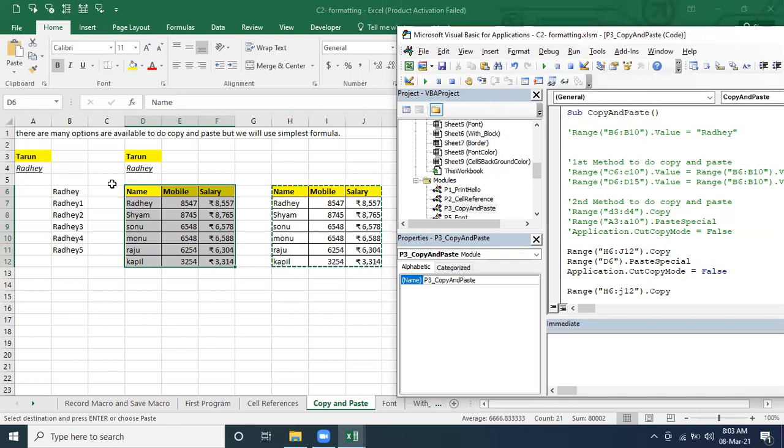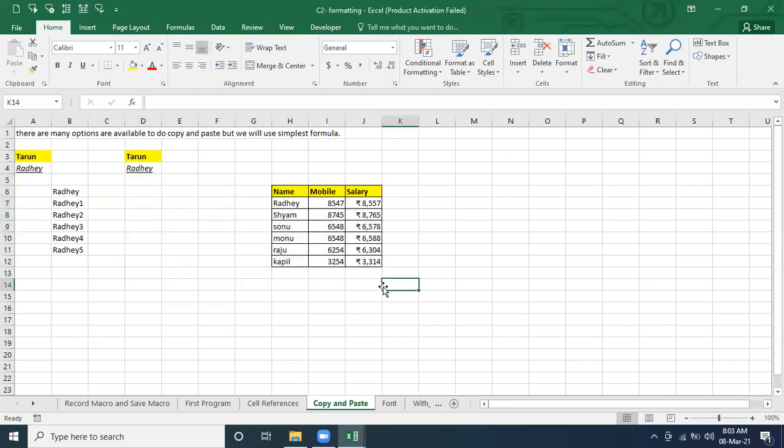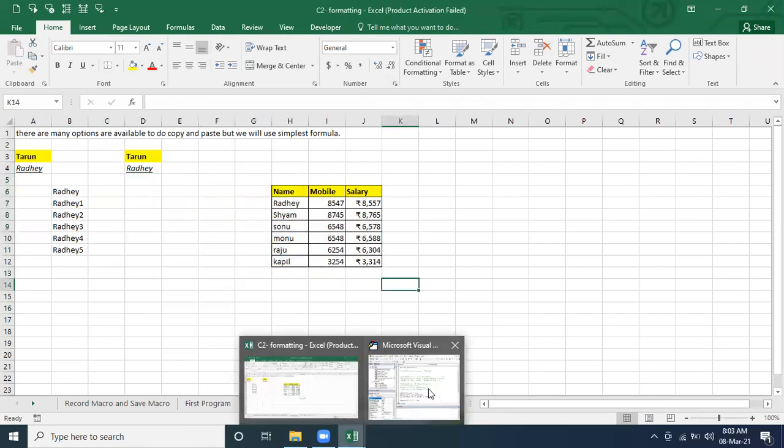And you know what I am doing here? I'm going to use the fill options. Fill down options, Control D. I'm using this one only. So you got it, right? How we are going to use